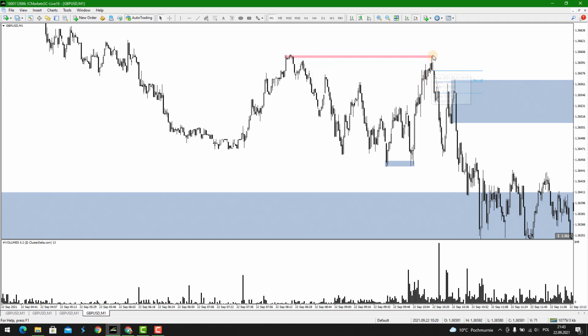The compression went to this resistance, to these equal highs, and didn't grab liquidity. So what I was waiting for was the push up to kick the sellers who joined here because of the double top pattern. I expected the move up to kick them out and to manipulate them, to make a panic in